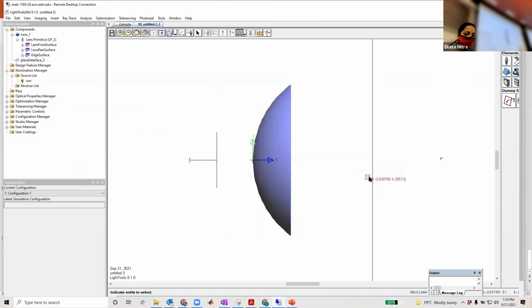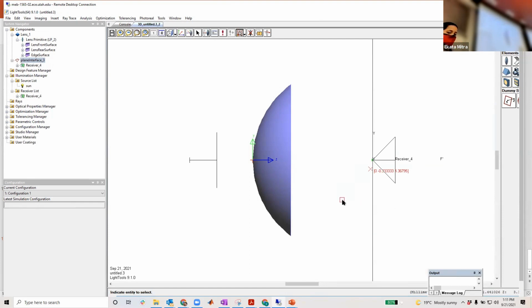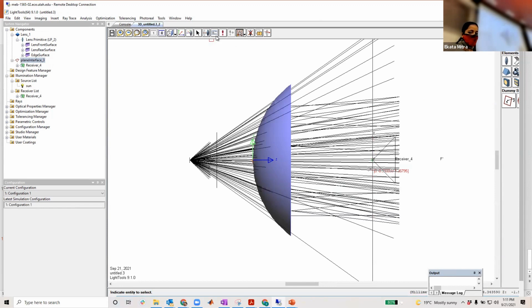You know, the dummy surface is there, the source is there, the lens is there. But we haven't defined what we are going to use the dummy surface for. If we have this, you can see add a surface receiver. You can always add a surface receiver over there, and you can begin the simulation.